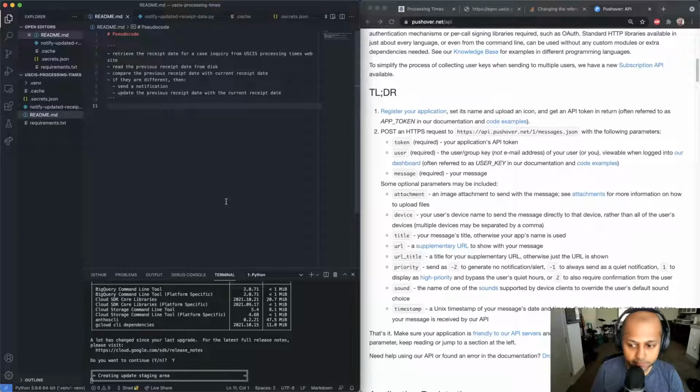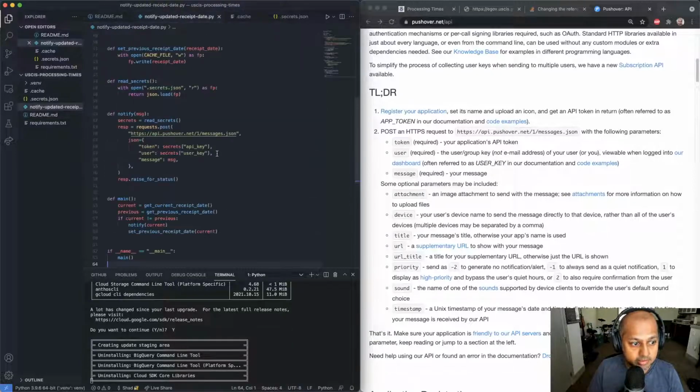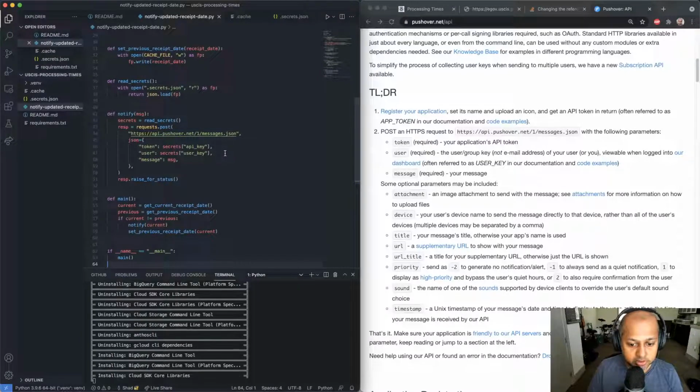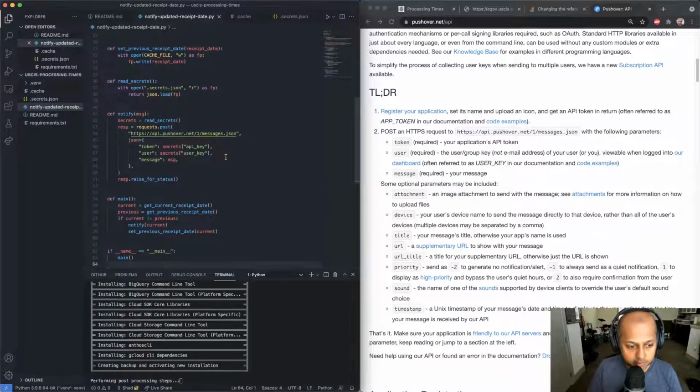automate our script, right? Just as a quick recap of what we did last time, we wrote a Python script that, when we run it, will check to see if a certain value on the USCIS website has changed, and if it's different, it will send a notification to my phone so that I can receive that update. And what we want to do now is to take this script and put it somewhere where it will run periodically. And in this case, what we're going to do is put it on Google Cloud's Cloud